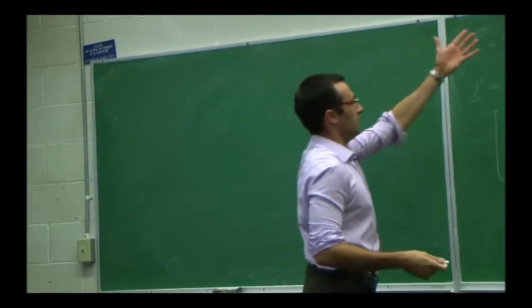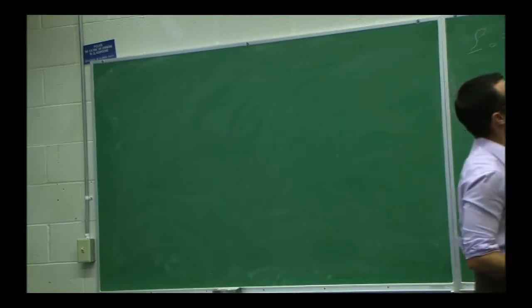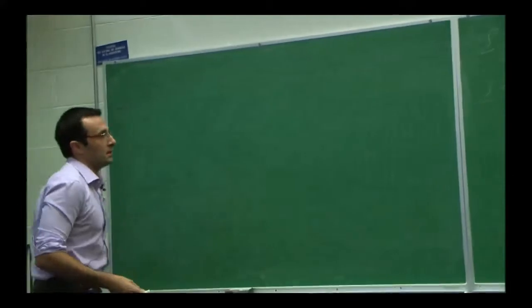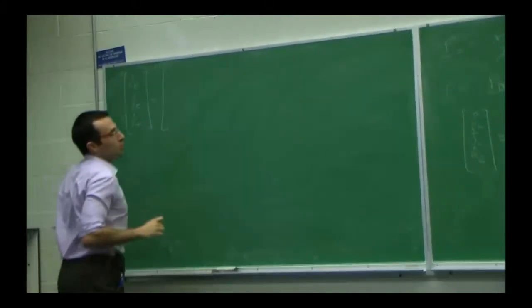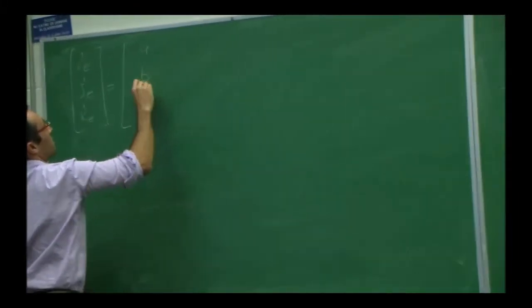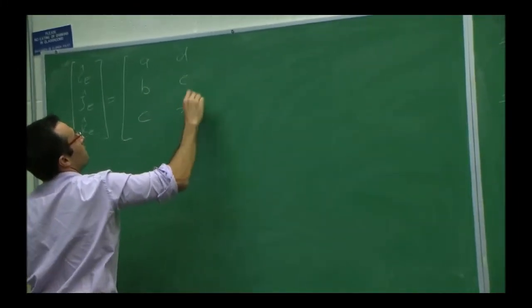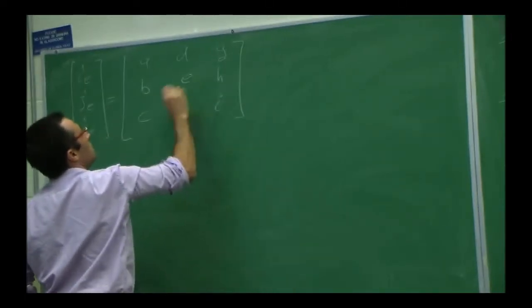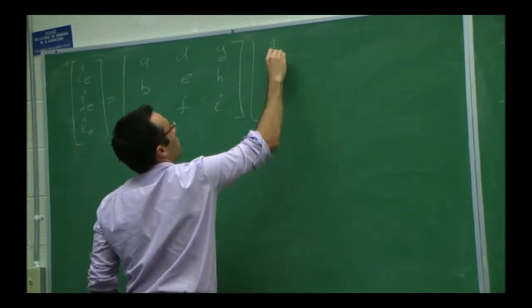So let's see. You start from this, but I have the vector expressed in this basis, so I will have to invert this matrix. The property of the direction cosine matrix is that the inverse is also the transpose. We don't need to justify that. It's a known fact. So what you can write, I'm going to keep using A, B, C, and D because that will show it pretty clearly. You basically take that matrix and transpose it. D, E, F, G, H, I. Okay, this is an E. And here I will have these guys.